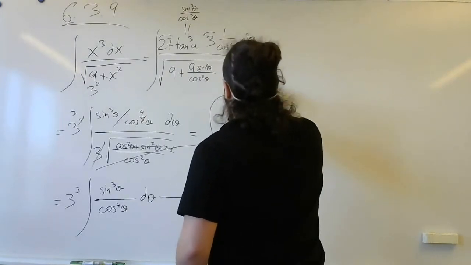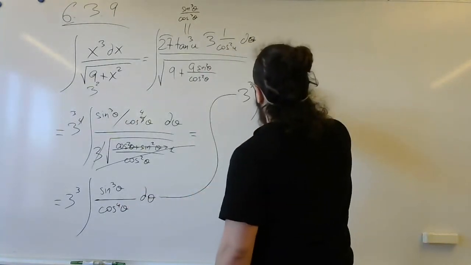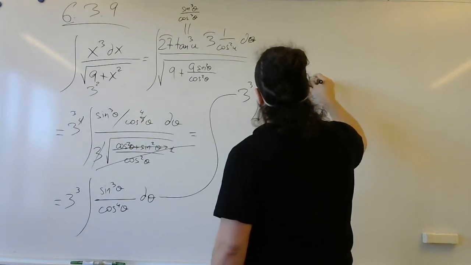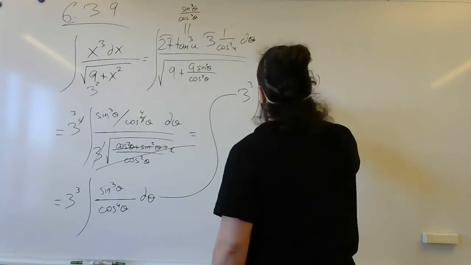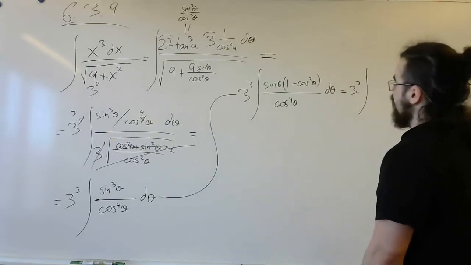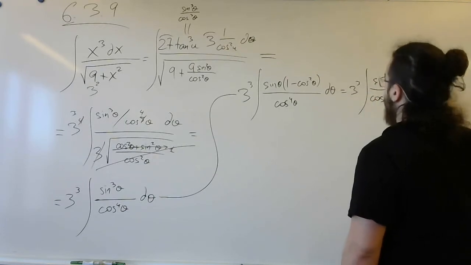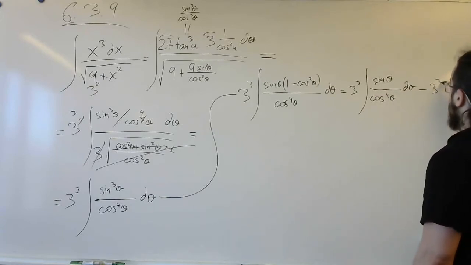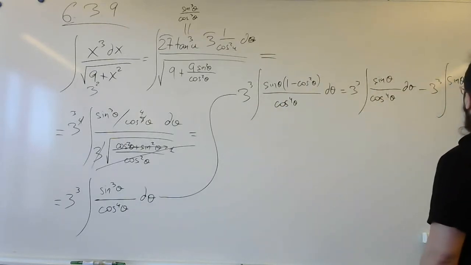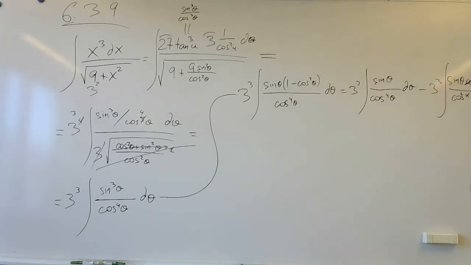This is sine squared times sine. So we can write it as sine times 1 minus cosine squared. So if we separate this, we have sine theta divided by cosine fourth minus sine theta cosine squared over cosine fourth. So this cancels here. So now we have